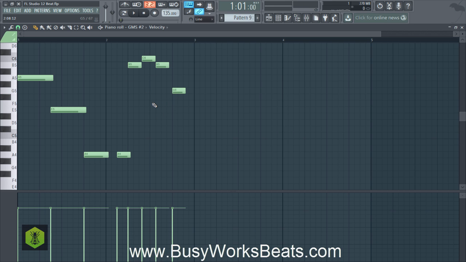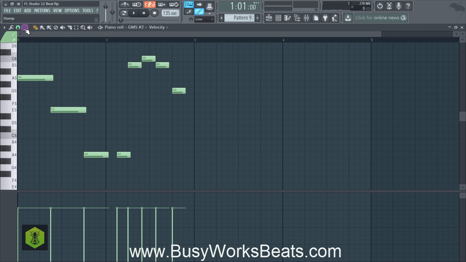Okay, so now we have the notes out. Now we're going to fix the lengths. And I tell people all the time, make sure you're getting the melody that you hear in your head across. Don't try to scientifically create a melody all the time. There are ways and parameters and things you need to understand, which we go over again in Melody Magic at BusyWorksBeats.com. But the most important part is that you translate what's in your head into the actual melody.